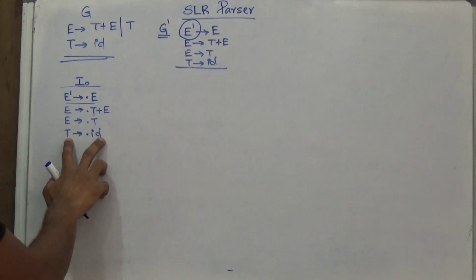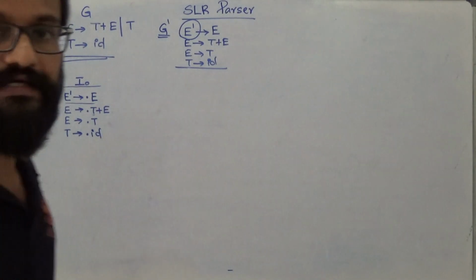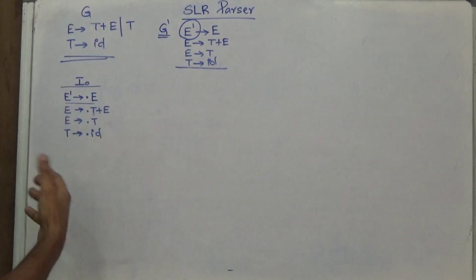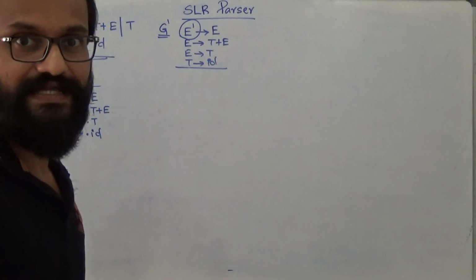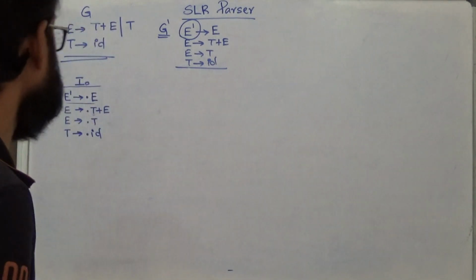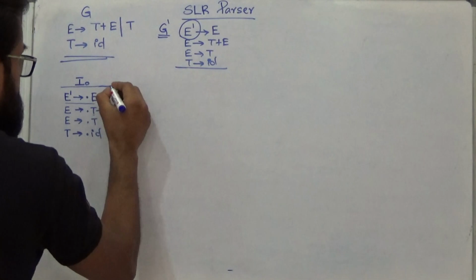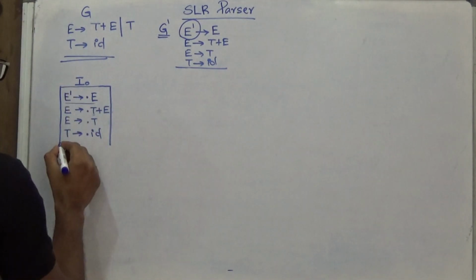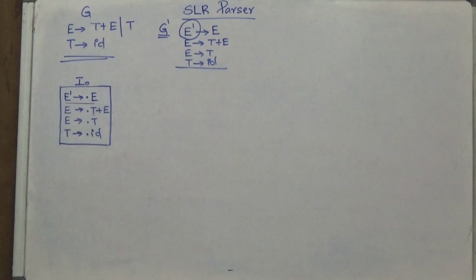And if you consider this production, verify whether you need to add its closure or not. The right hand side is not having any variable that immediately succeeds the dot operator. So this will be the starting item set, and this will act as the starting state of our DFA. Okay. So in this way you can take the closure.